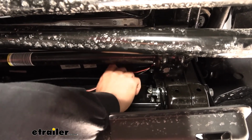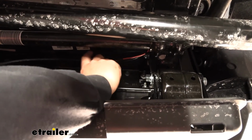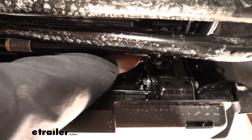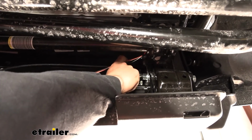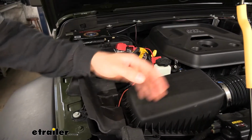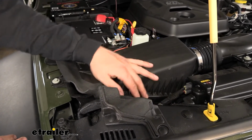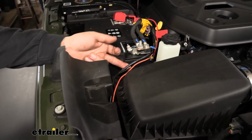So what I did is I took an extra piece of airline tubing from our kit here, and I basically just routed it through an opening up into the engine bay down until I could get it around this area here. I did have to sort of reach up there and grab it, but once I had my airline tubing down here, I just tied our other airline tubing and our 2 wires to this and then pulled them up into the engine bay. So directly behind our grill in front of our airbox, this is the opening that we snuck our wire down through there until we attached everything, then we pulled it back up, and then I'm just going to come to the side of the airbox here,